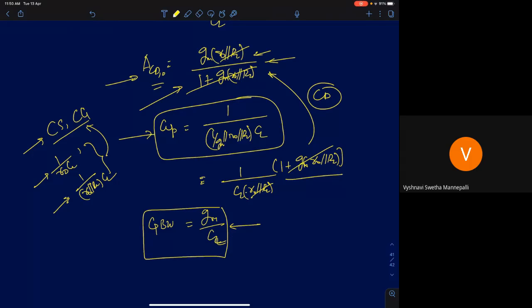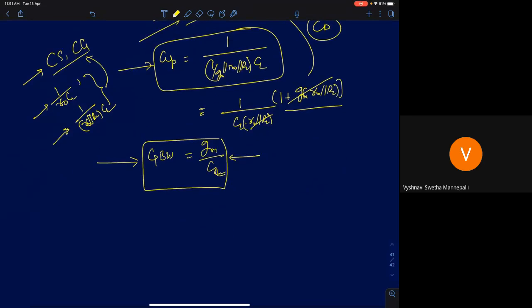In those circuits, this is a very important design rule. The gain into bandwidth product will always remain the same. So if I want to increase the gain of a system for a simple low frequency circuit, you have to trade off the bandwidth. Okay, so do you get what I'm saying? If I increase the gain by a factor of 10, then generally it will turn out that your pole will reduce by a factor of 10.